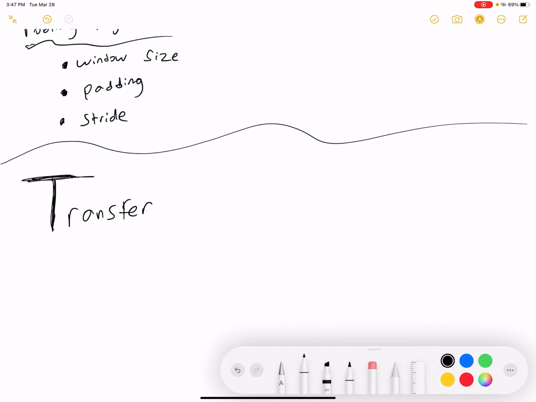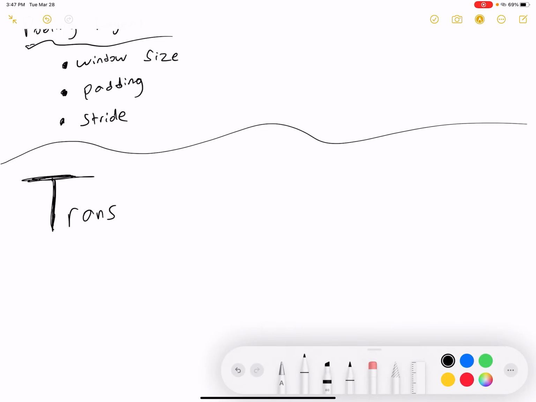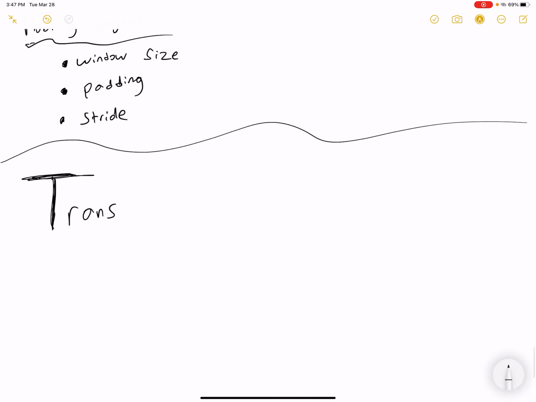Transfer learning. Has anyone heard the term transfer learning before? Okay, relatively new, but a few people have heard it. Okay, good. So transfer learning is basically one of the keys to what made convolutional neural networks perform so well,